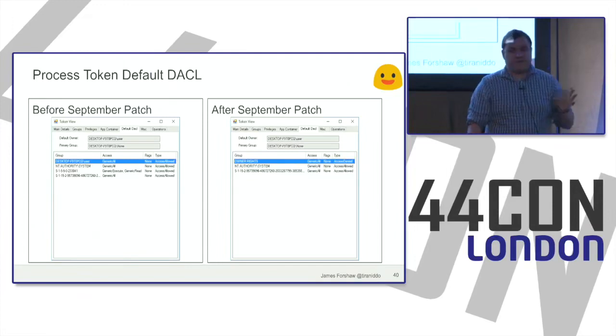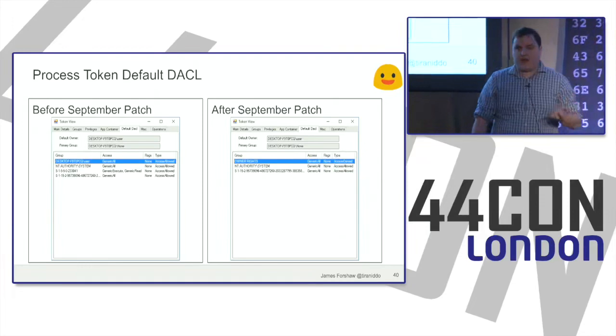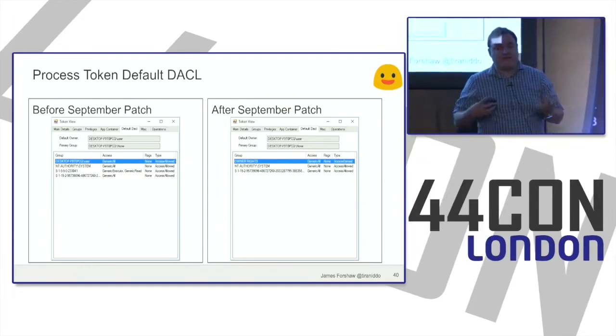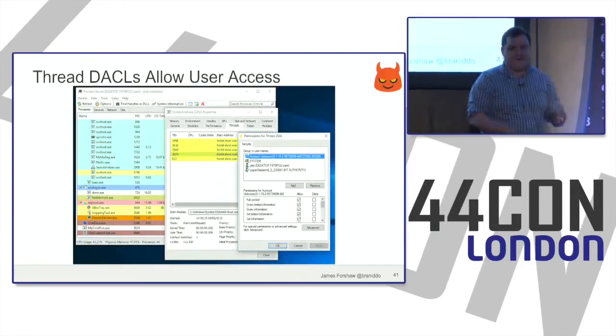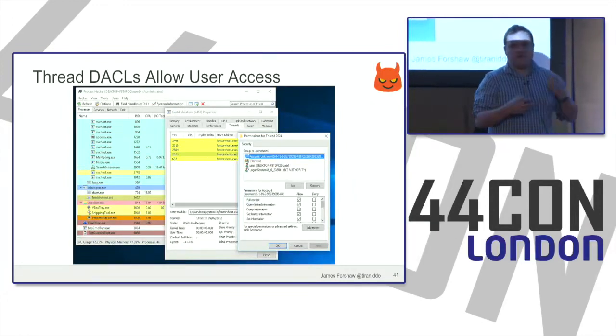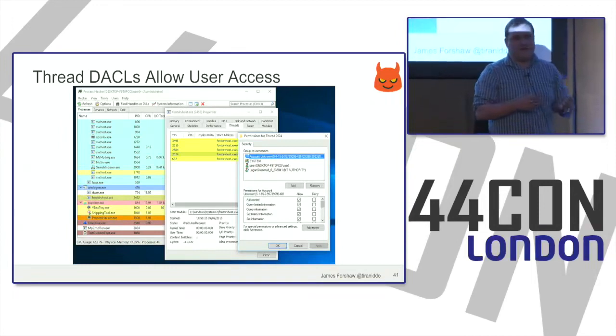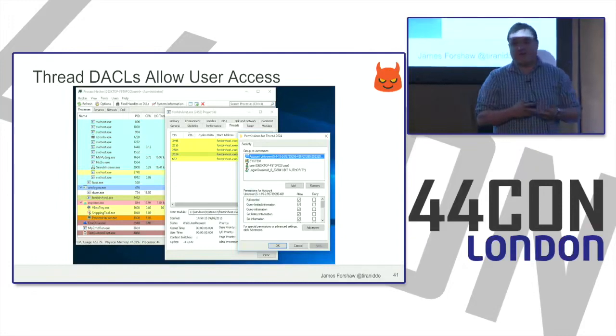So prior to the September patch, this default DACL had entries for user, all that sort of stuff. It was all standard. After the September patch, the default DACL is only for system. So why would that possibly be the case? What attack vector could you possibly use for that? Well, it turns out, obviously, threads, for example, are kernel objects. And while the initial creation of this process was making sure the process and the initial thread was system only, every other thread which got spawned in that process ended up with the default DACL.